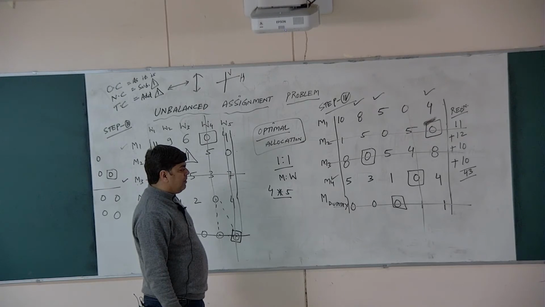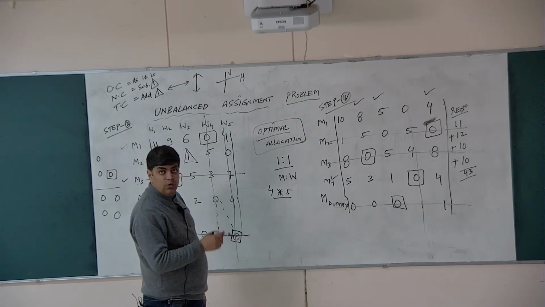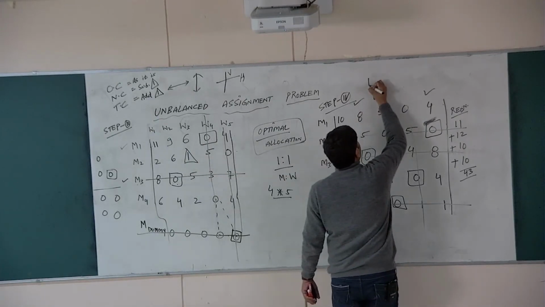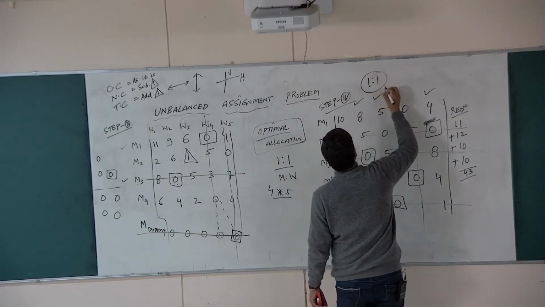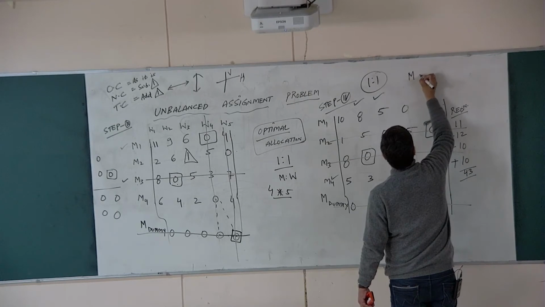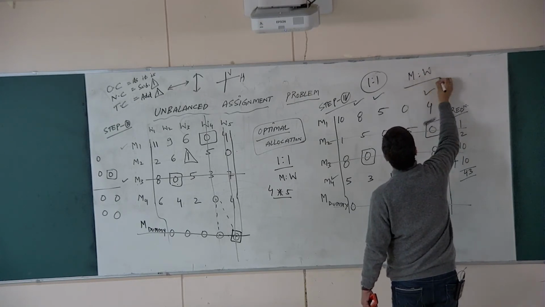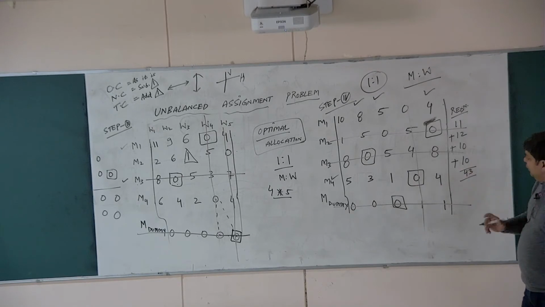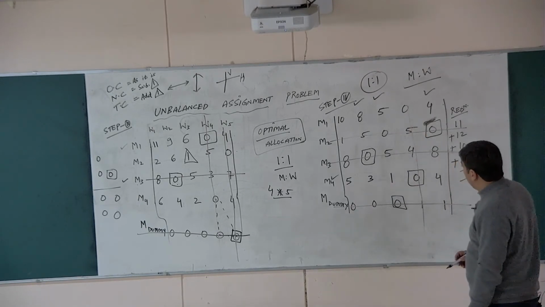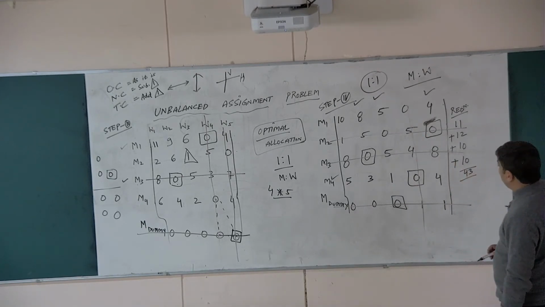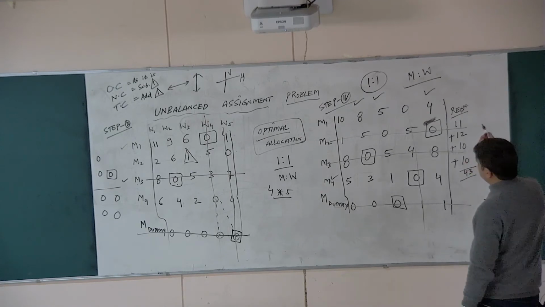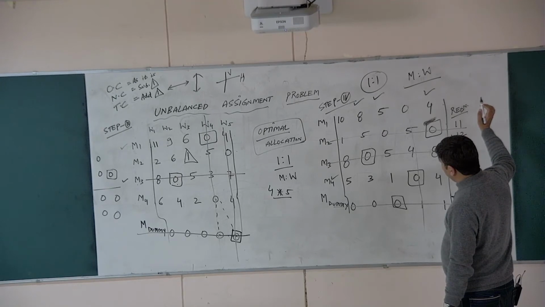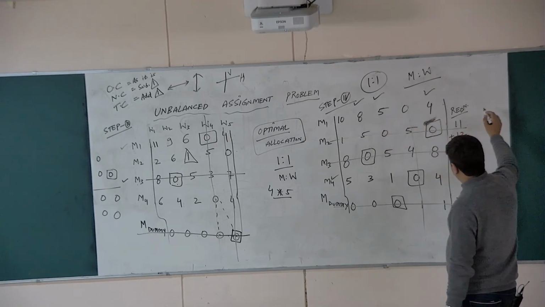Whether the solution is optimal or not, still you have to search. So it means we have to obtain that whether 1:1 ratio is obtained or not, means every machine has been assigned at least one worker or not. If not, you will go for further iteration. Now we have to look into this matrix whether there is any provision by which we can assign, because as per this M1 has not been assigned anything.